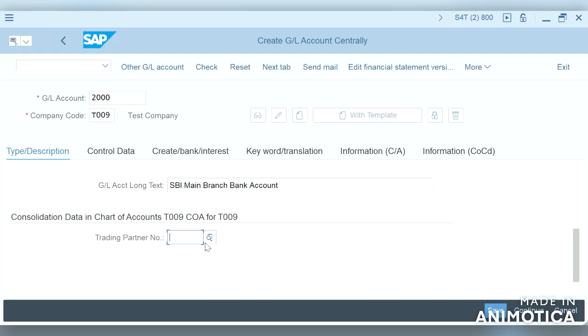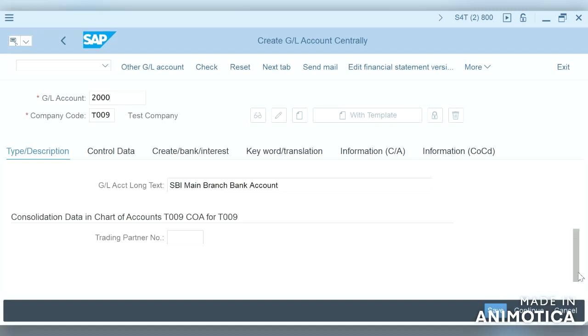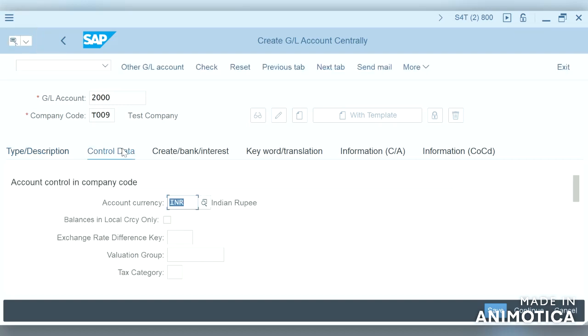So if we maintain it here, it will be automatically updated in the document while posting the documents. So let us move on to control data.